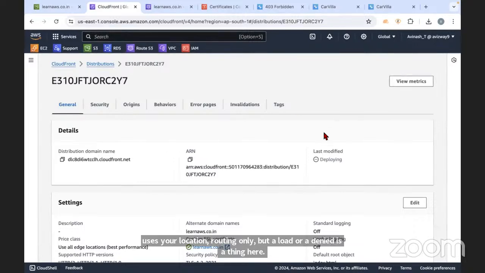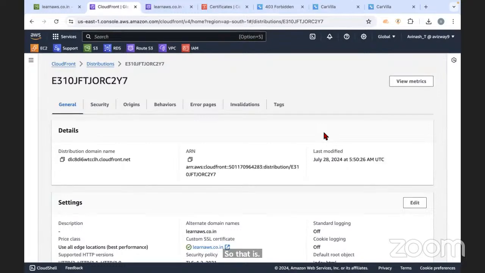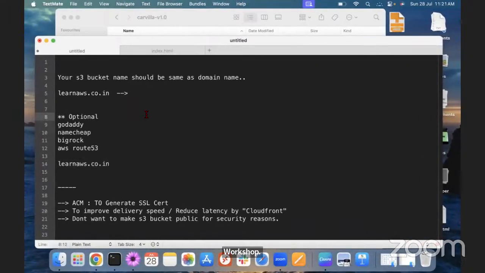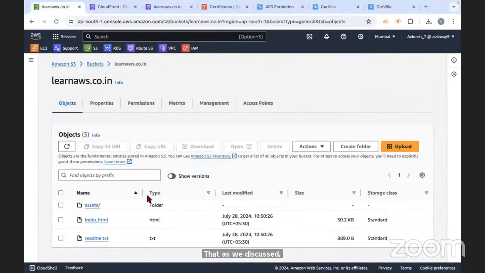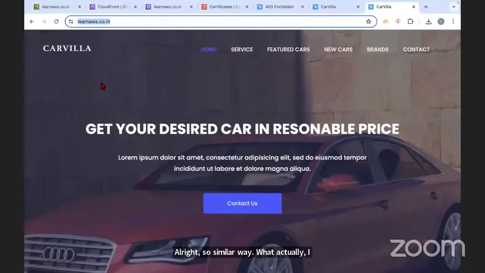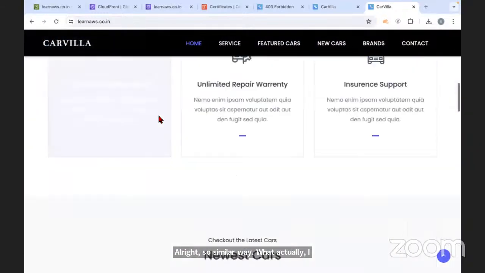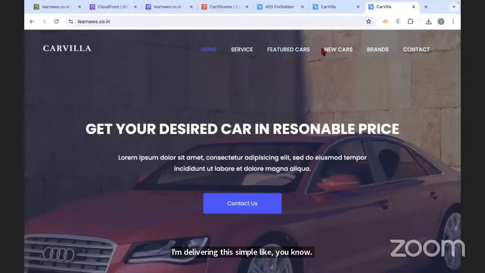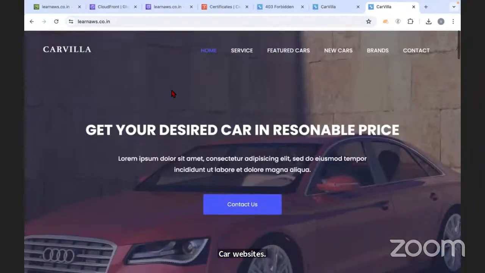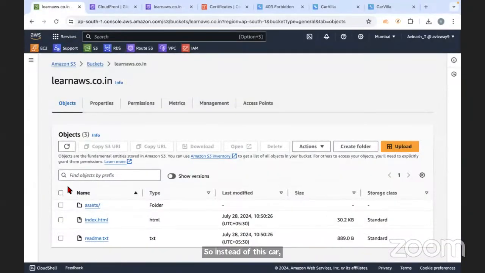All right. So that is the end-to-end workshop that we discussed. Similarly, what I actually did is that I was delivering this simple car website, the Car Villa website. So instead of this Car Villa, I have